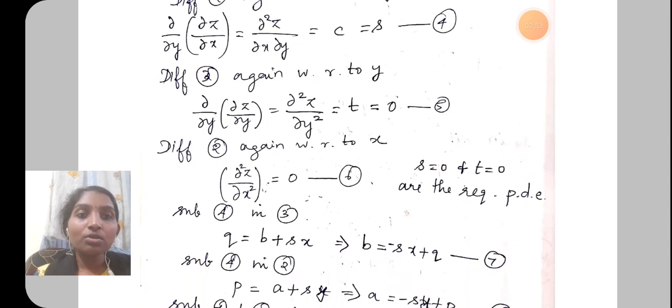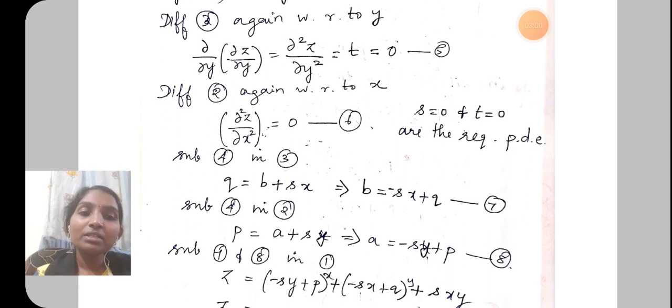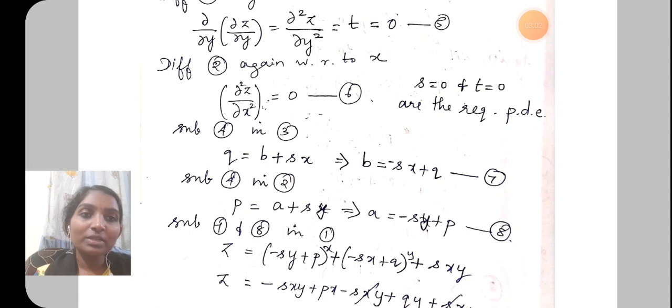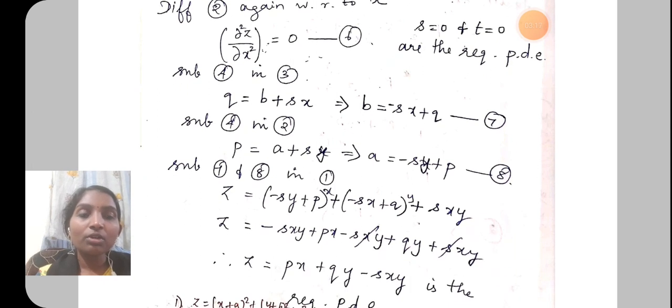So on substituting all the equations here, we have q is equal to b plus sx, which implies b is equal to minus sx plus q, and p is equal to a plus sy, which implies a is equal to minus sy plus p. So instead of saying s and t to be 0, we can just substitute the values of a and b in the given equation so that we eliminate the arbitrary constants here. Already we have seen that c is equal to s, and therefore we are substituting the values of a, b and c